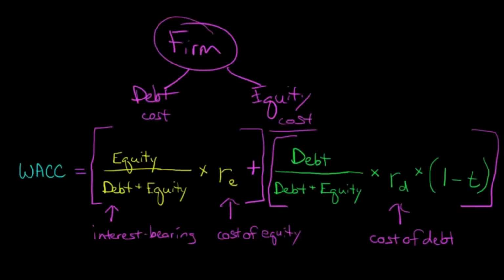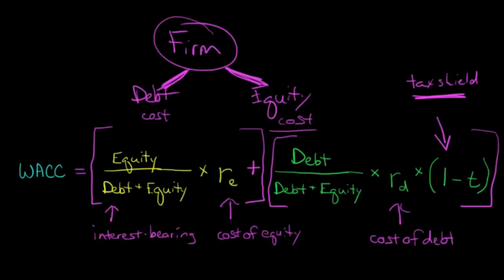Now, why are we doing that? Because we want the after-tax cost of debt, since there's a tax shield associated with interest. We'll have a different video on that, but just bear in mind that's why we're multiplying by 1 less the tax rate. So basically, we've got a big long equation here to calculate WACC, but all we're really doing is saying what is the proportion of the firm that is financed by equity and what's the proportion that is financed by debt.